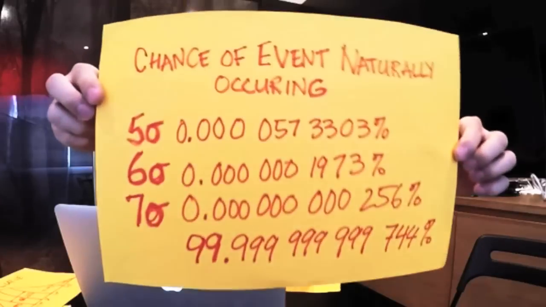So if you think about the fact that there's only a probability of 0.28% of an event falling outside of three standard deviations of the mean, when we start getting into 4 sigma, 5 sigma, 6 sigma, 7 sigma events, which means again 5, 6, 7 standard deviations from the mean, the possibility of that happening naturally is almost nil. So we can actually break down the probabilities percentage-wise of certain events happening, like a 5 sigma, 6 sigma, 7 sigma event. So let me show you what these actual numbers are.